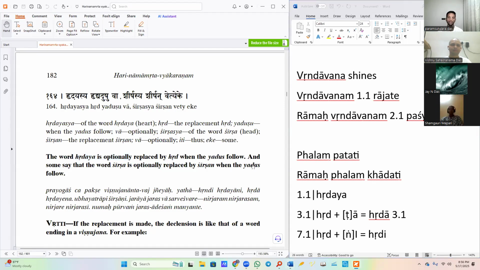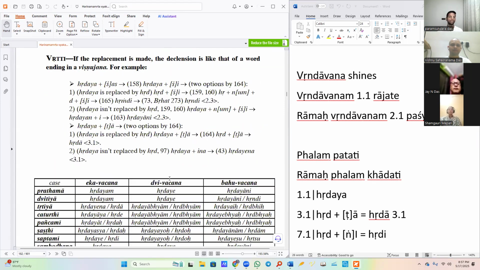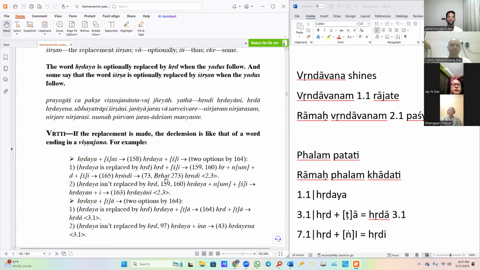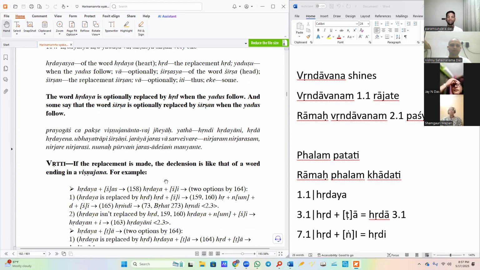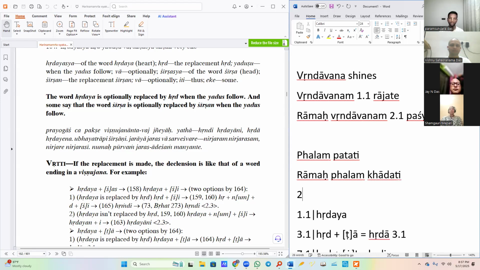Similarly, we have the word Shirsha, which means the head. So once it is declined like Gokula, optionally, when Yadus are following, Shirsha is replaced with Shirshan. So the Hridaya table, I'm sorry, I need to show you 2.3. So Hridaya optionally becomes Hrid when Shas is following. Then we have the sutra